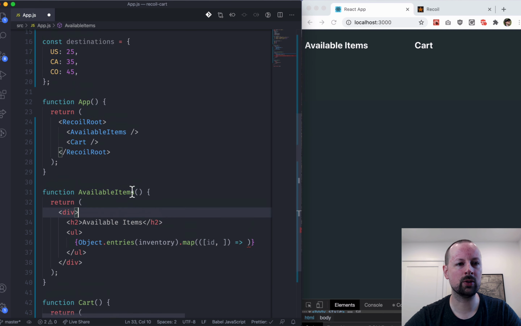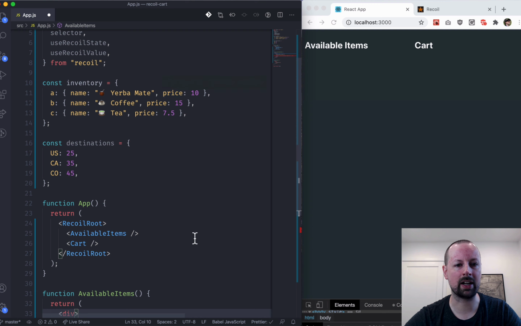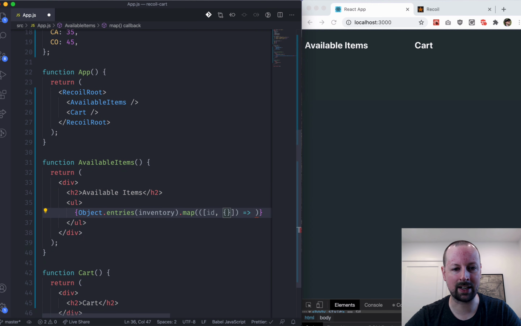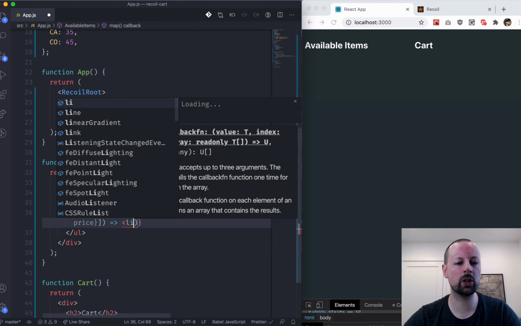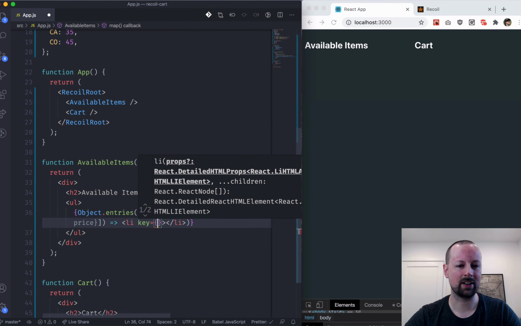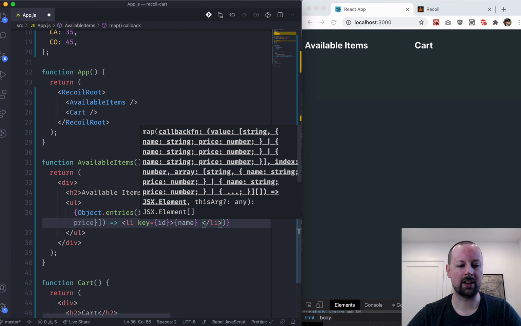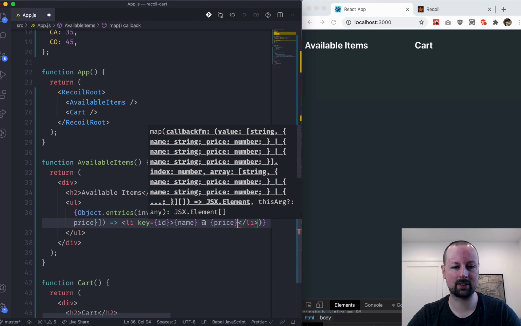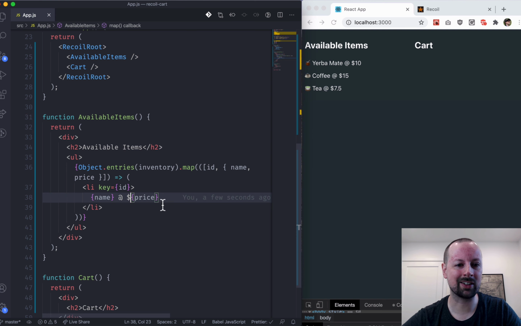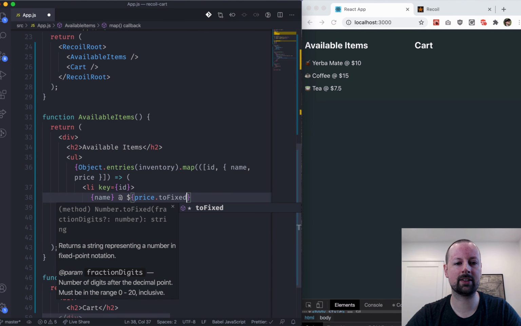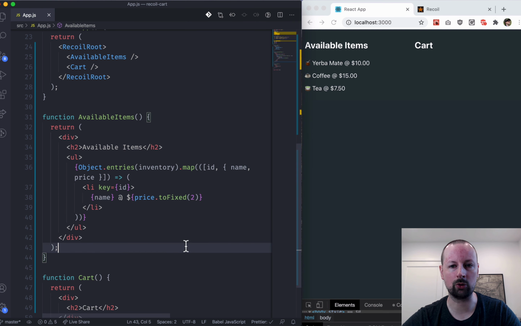And then we've got the value, which is name and price. So we can actually extract that out and just say name and price like that. So what we're going to be returning is the li that will have a key, and inside of here we can put the name, and then we'll put at the price. So let's just save that, and it's working. We can make it fancy. So I'm talking about $, but we can also just say toFixed to get those decimals showing up properly